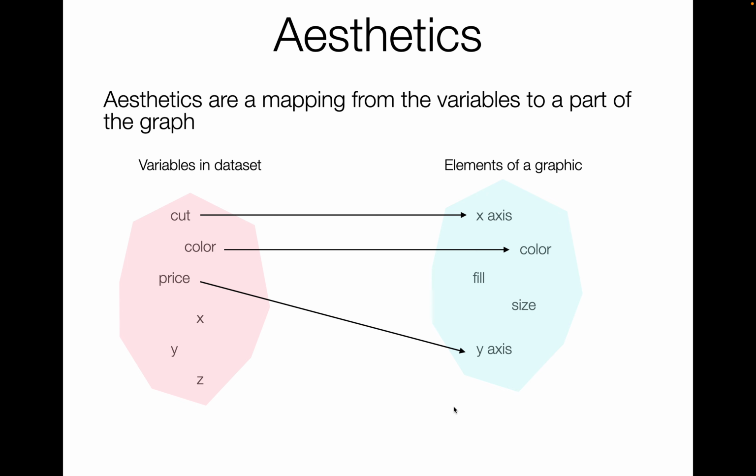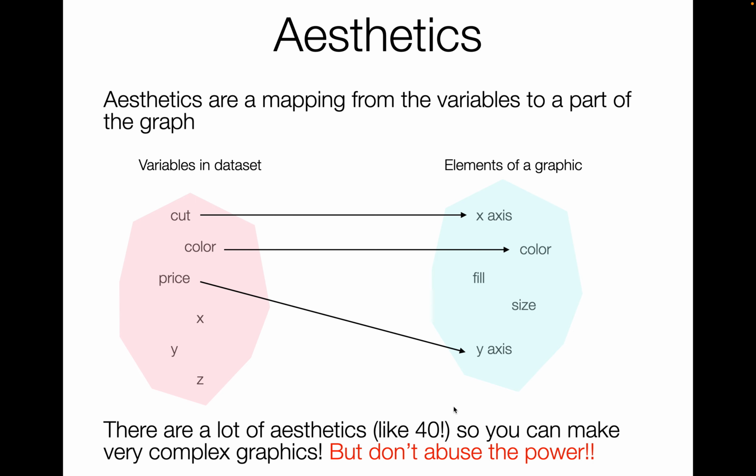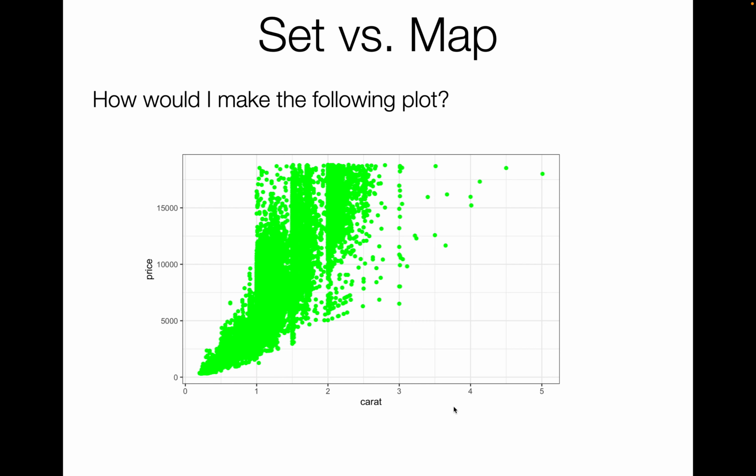Okay? Being inside versus outside that function, that aes function, is very important. Okay? There's a lot of aesthetics so you can use them to make complex graphs, but my warning here is that there is such a thing as a graph that is too busy, that is too full, that has too many aesthetics. Okay, and so coming back quickly to the point of a call being inside versus outside this aes